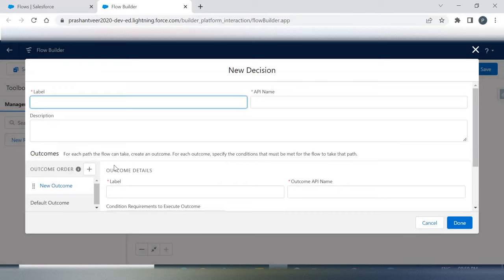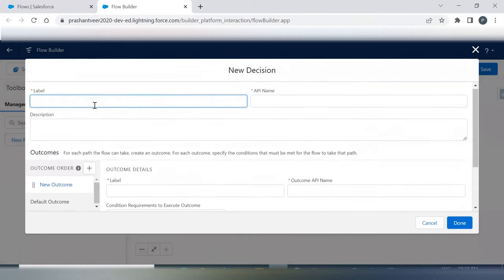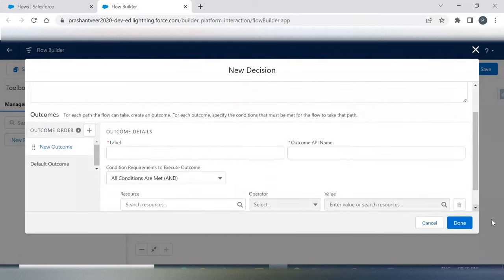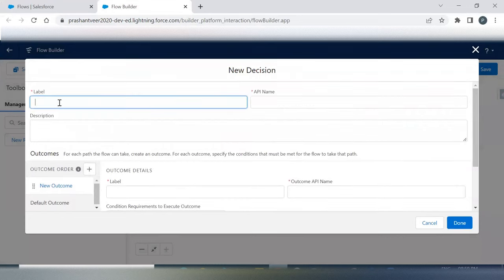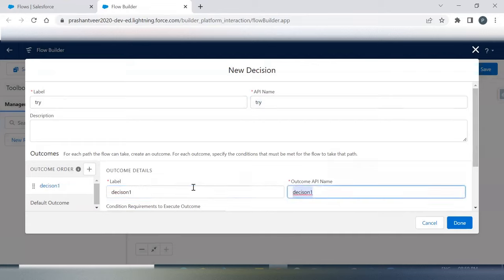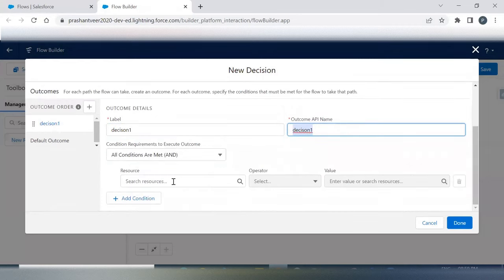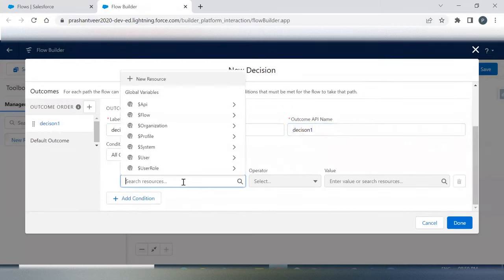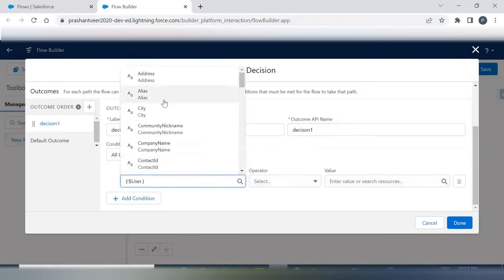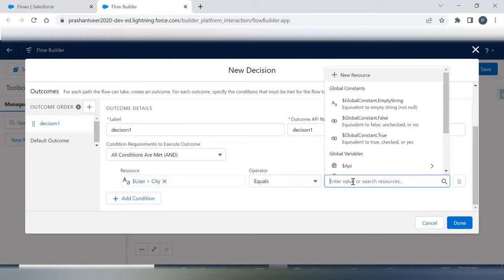So basically, let me give you the demo. User city equal